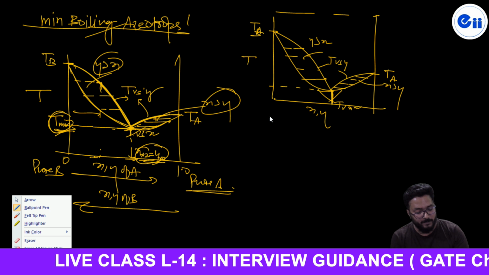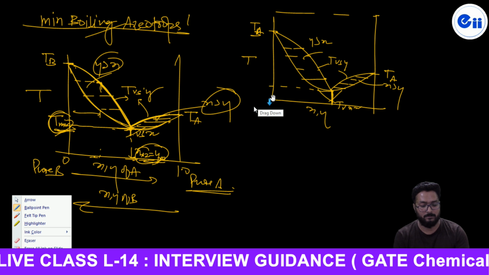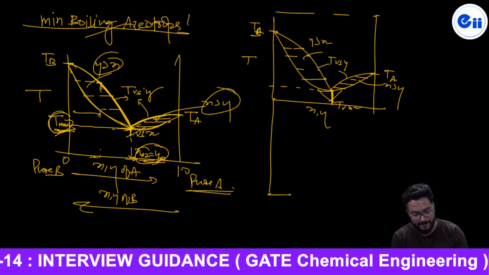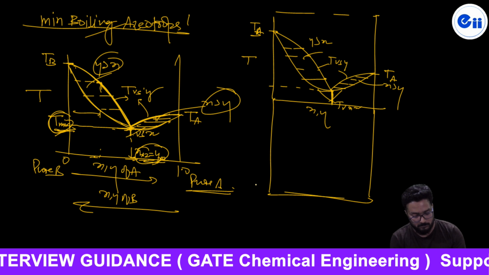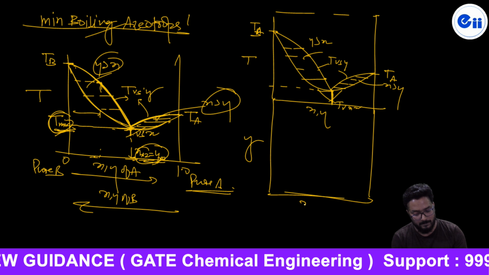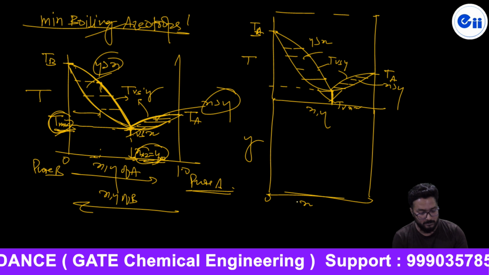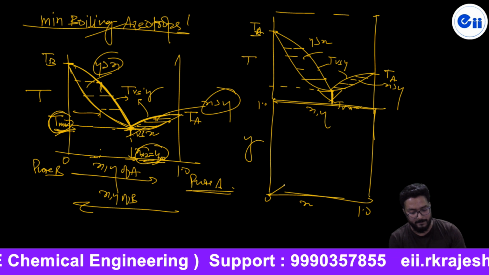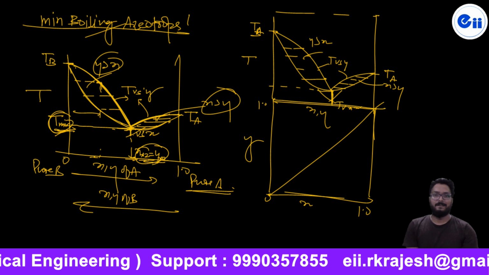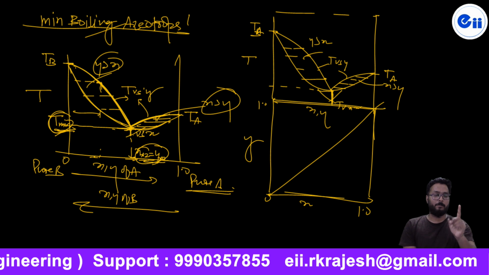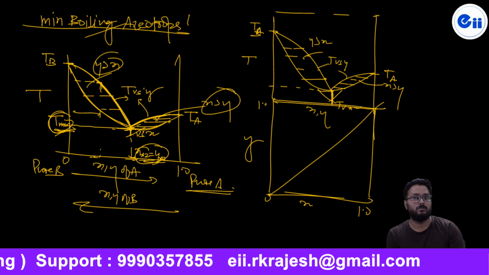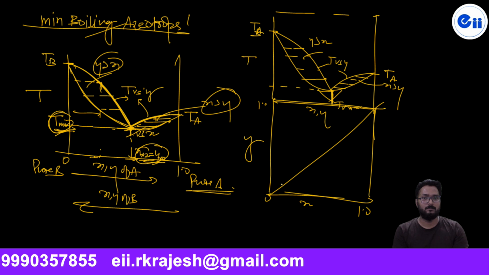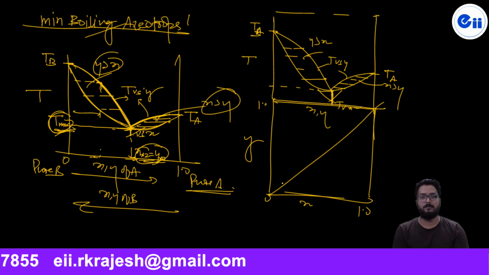Now suppose below this I am going to draw one xy curve. It is y, it is x, 0, 1, 1, just below this, and a diagonal line. Listen, why do we use a diagonal line in the xy equilibrium curve, you must know. It is just going to be used to project the equilibrium composition xy or tie line on the diagonal line.